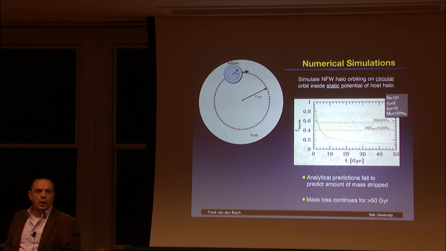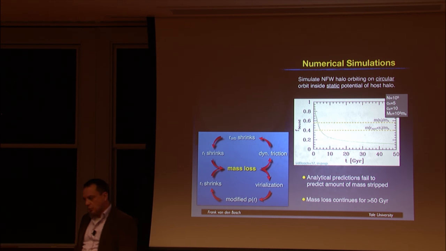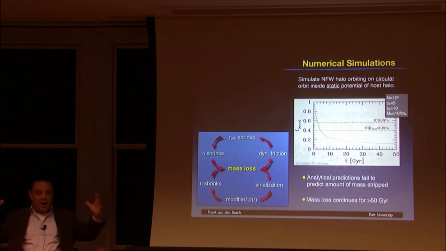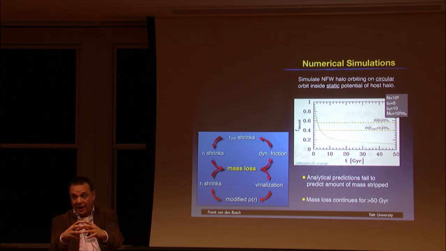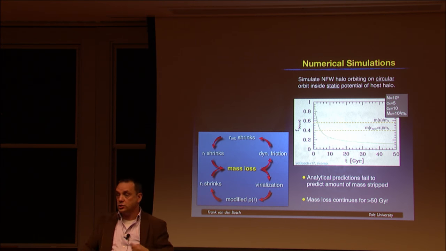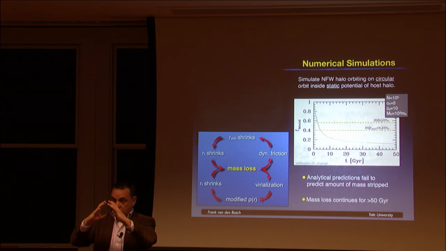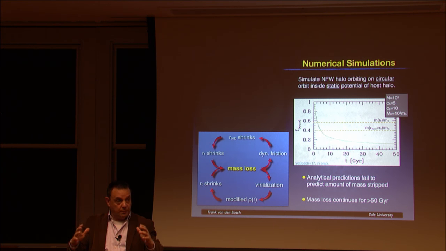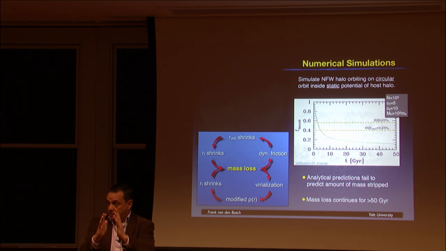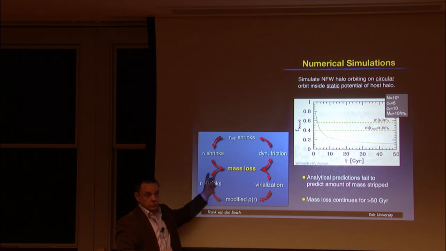Why? Well, the answer is simple. This has to do with feedback loops. Once you take your halo and you strip mass off it, what you're left with is something that's unvirialized. It will go, oh, damn, I've got to revirialize. It's going to redistribute its energy among kinetic and potential energies, and it always ends up puffing up. It means the density goes down, the system puffs up. That means the tidal radius moves in. That means now new mass lies outside of the tidal radius. It gets stripped off, mass loss, revirialize, and so on. This is a positive feedback loop, and it keeps going.